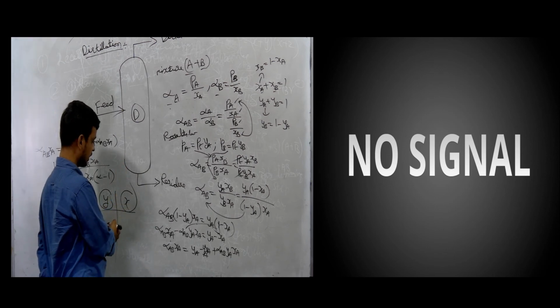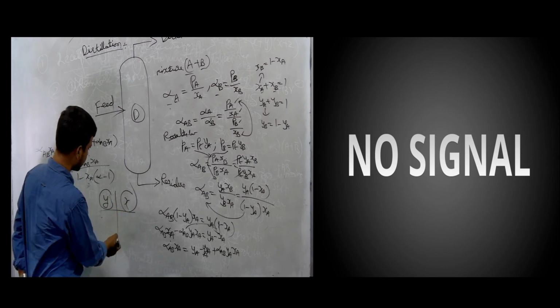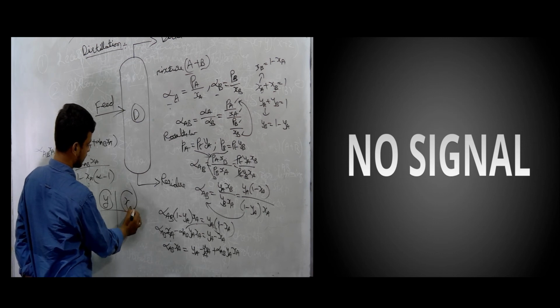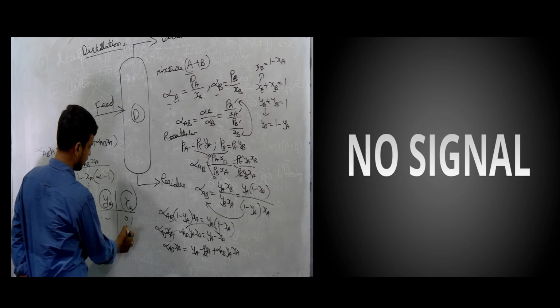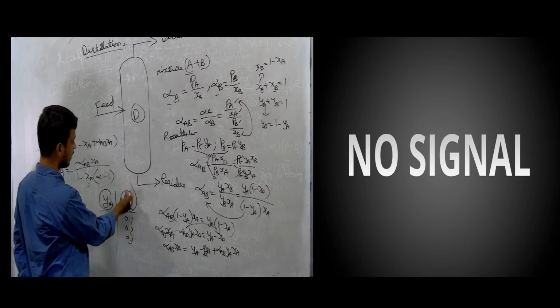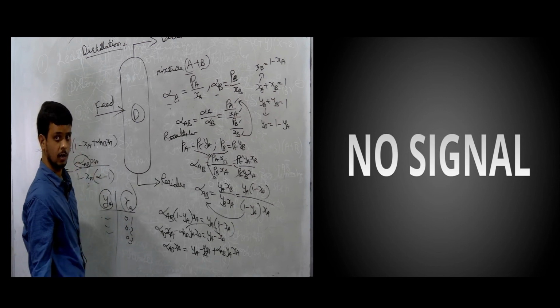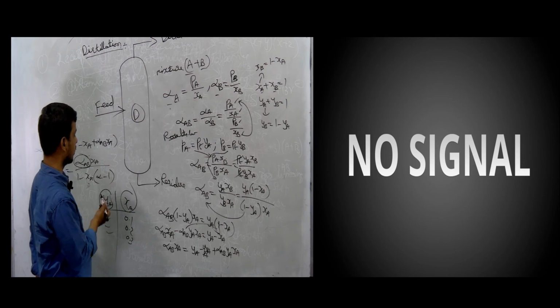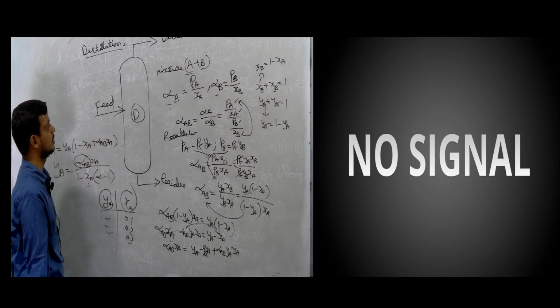Using these two data at different intervals of composition, for example, if Xa here is 0.1, something will come here for Ya. It is 0.2, it is 0.3, then something else will come here. Using this relationship, we can determine alpha AB, the relative volatility of that particular mixture. This way, we can handle distillation.